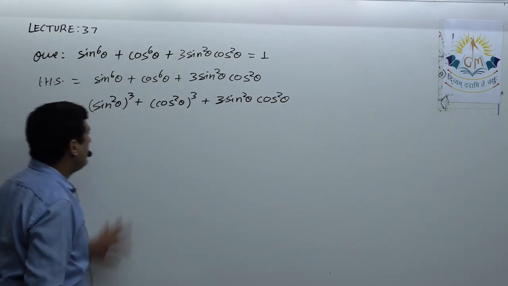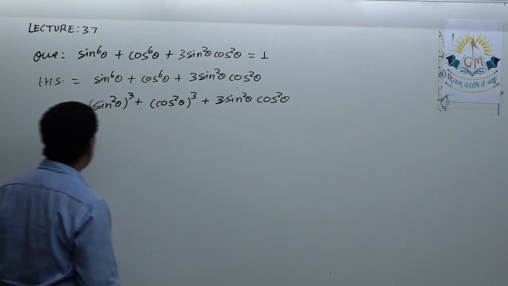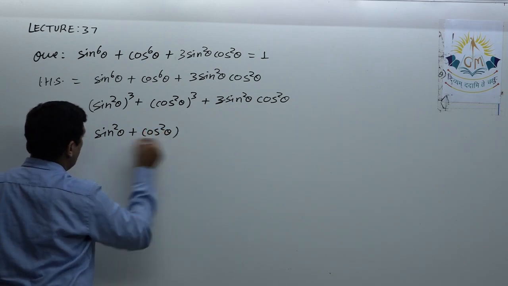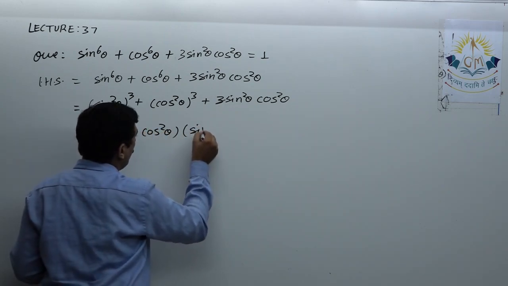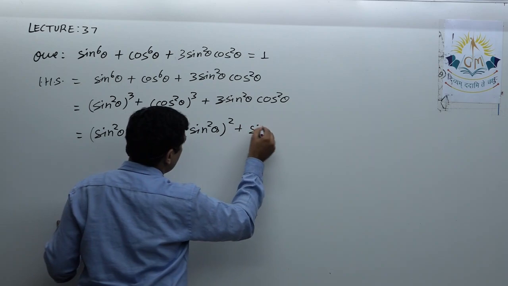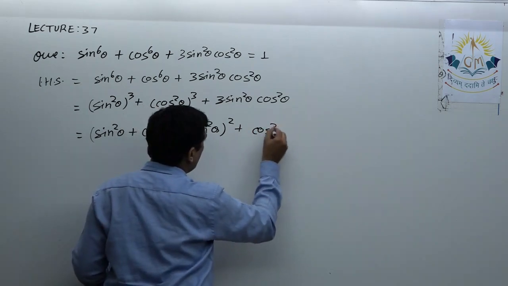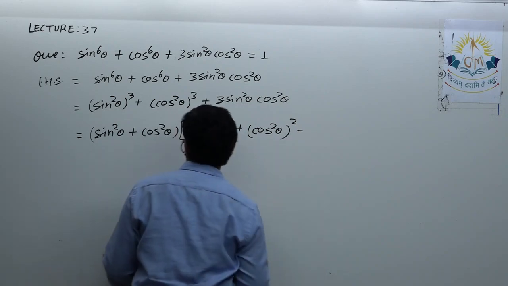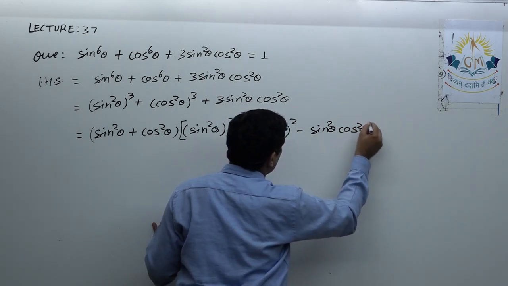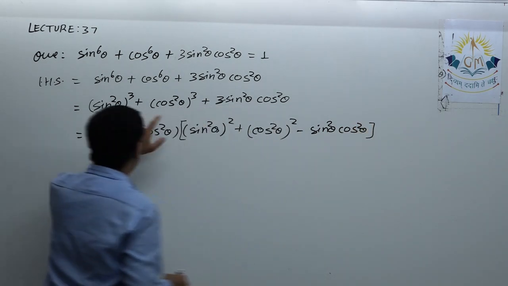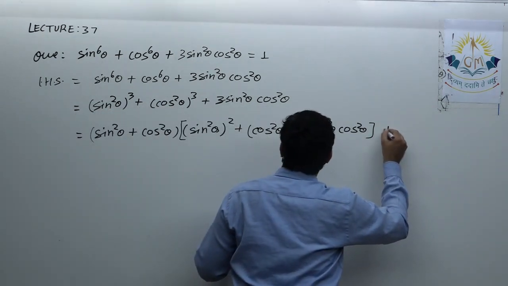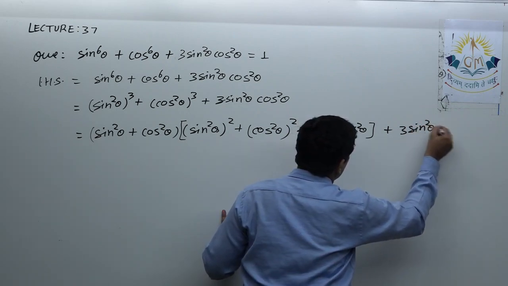Now here if I apply the identity of a cube plus b cube, that is a plus b, in the next bracket we have a square plus b square minus ab, that is minus sine square theta cos square theta. Okay, a plus b, a square plus b square minus ab, plus this 3 sine square theta cos square theta